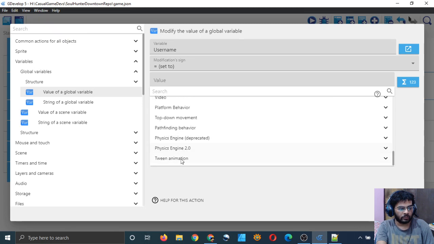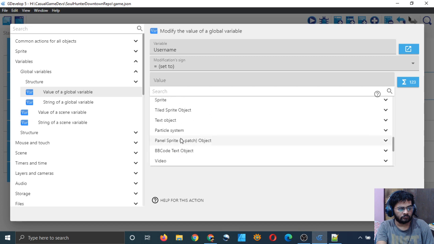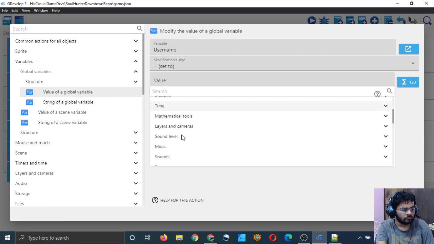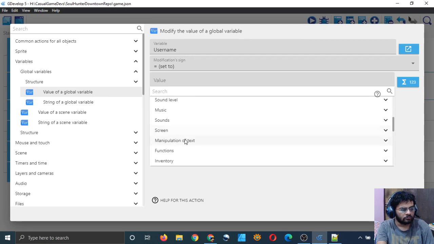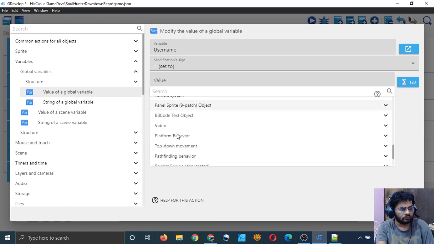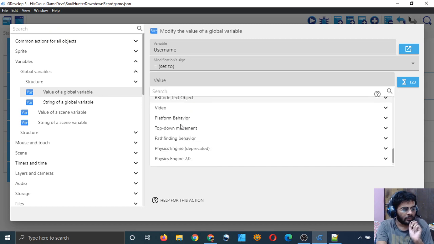Wait, where is... I don't have a text entry object here.